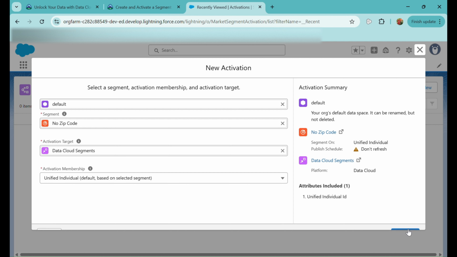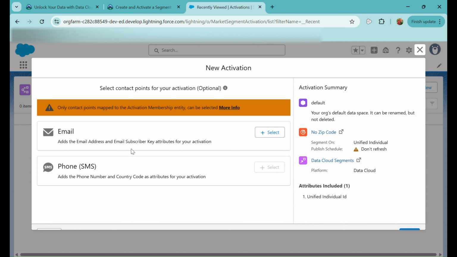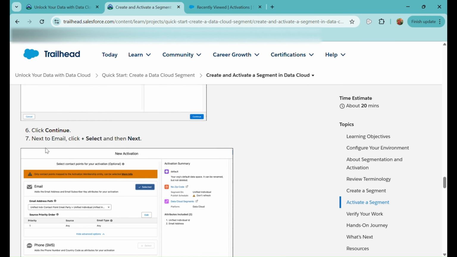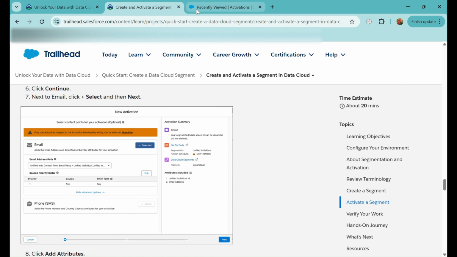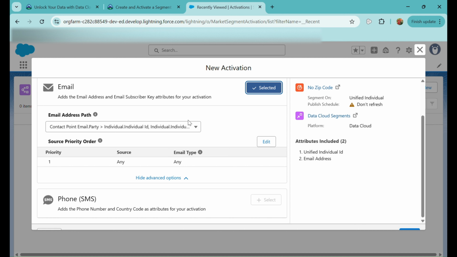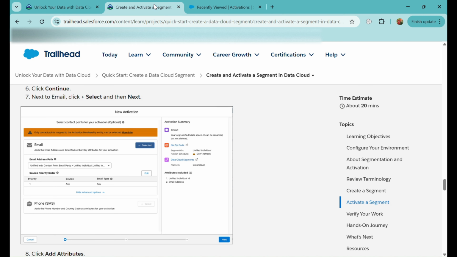Okay, that is correct. Now click on this button again. Now let's see if they have provided any data. So email we can select and click on next, keep it as it is, and we'll click on next again.